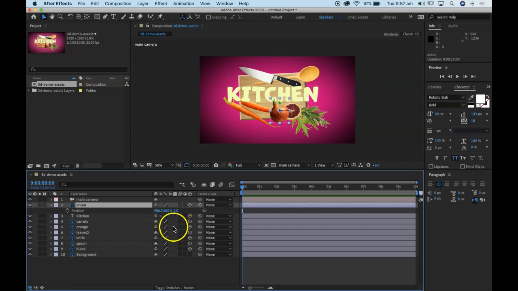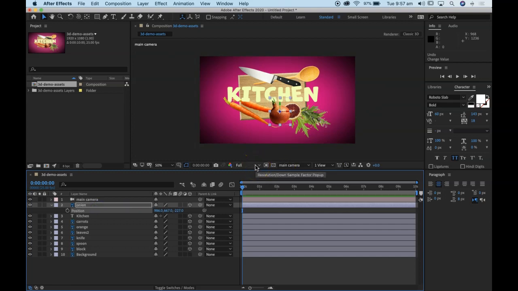So we've got X, Y and Z space that we can manipulate our objects in. So I can move my onion left and right, up and down, but I can also bring it forward and backwards in Z space. And I'm just going to bring it kind of minus 200, I suppose,